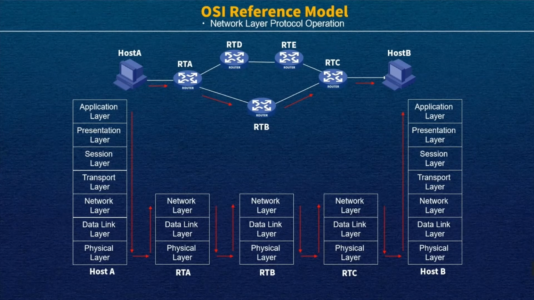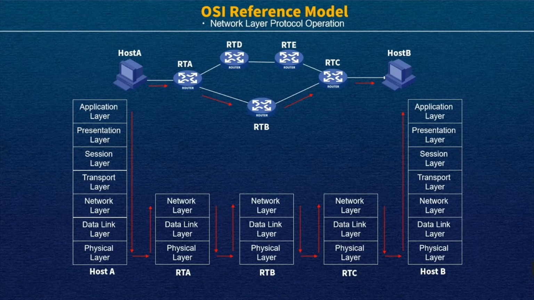Then I will take the host B IP address and search the routing table, right? And the routing table will show us that if you want to send the message to host B, you have to give this packet to router B, not router D, because we have two outgoing interfaces, right? And finally, router A will choose to send the message to router B. This is the second process. Before I send the message out, I also have to encapsulate the packets to become a full message and then send it to the destination, to router B, the next hop actually.